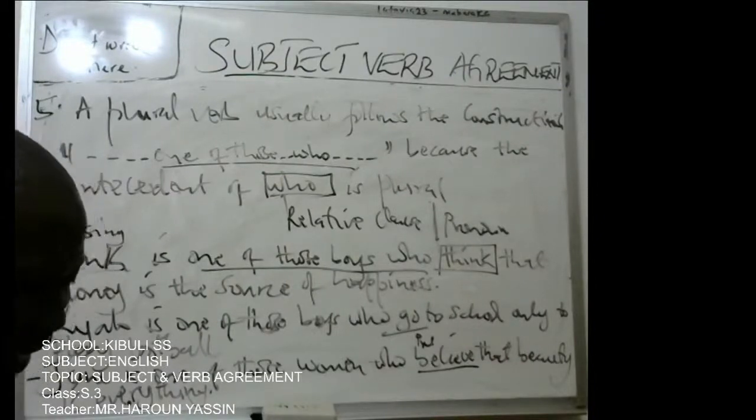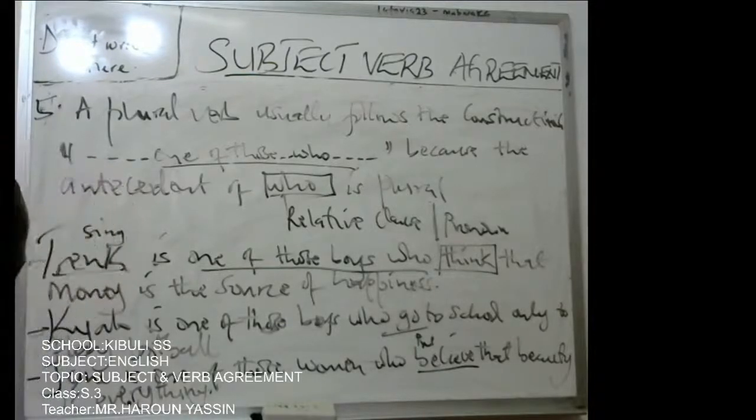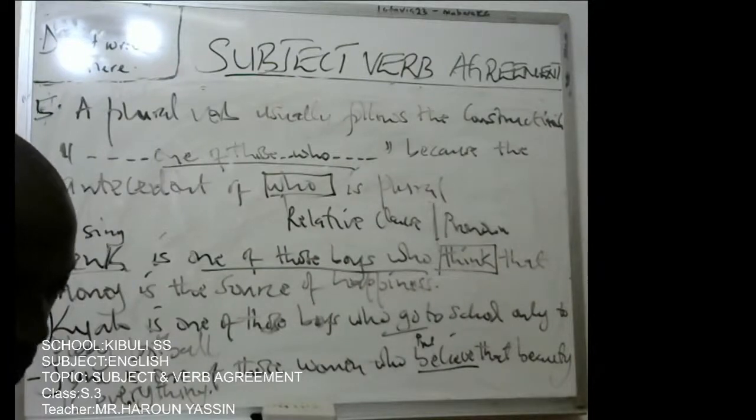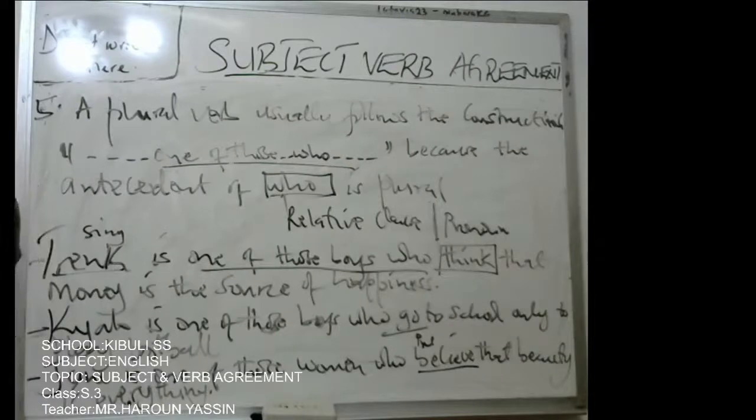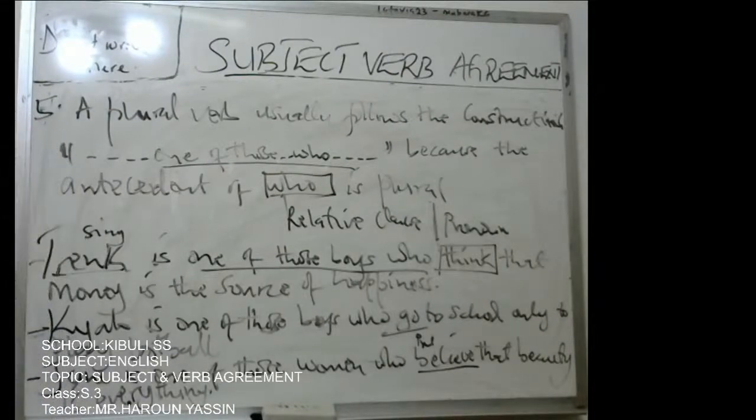Another example I can give, the ones you have on the screen here: Hilton is one of the most beautiful hotels that have been built in Nairobi. Another one I gave: this is certainly one of the most interesting things which have ever occurred in my life. So when you add up all those 5 rules, you will find that they give you